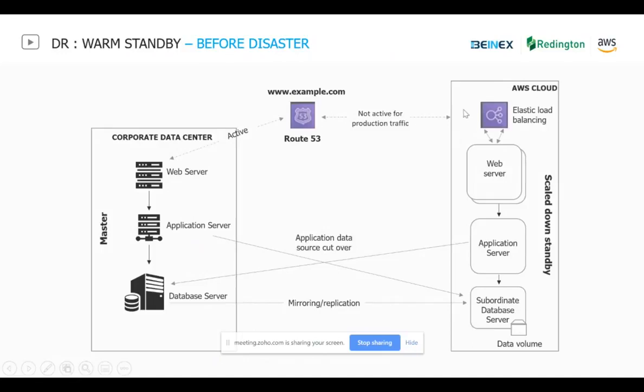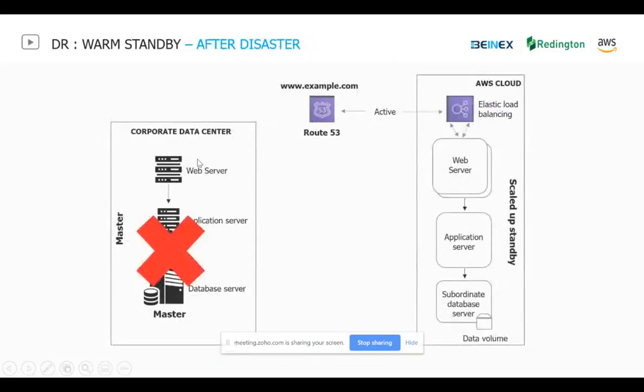So in this case, AWS has a specific elastic load balancer, which is not active for protection of traffic at this moment. All the clients are being served from your primary data center. Now, this happens when a disaster strikes.